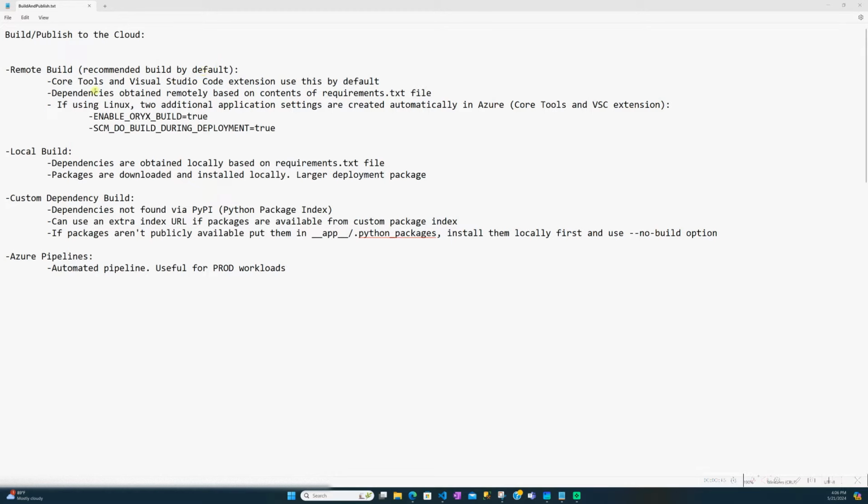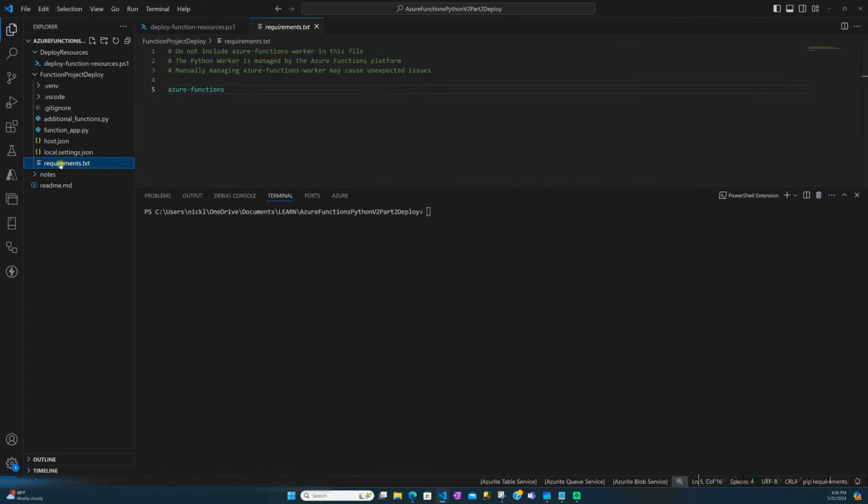Essentially, when you use Core Tools, which is that command line interface, or the Visual Studio Code extension, it uses this by default. Your Python dependencies, like let's say you have pandas, numpy, any packages you have in Python, are obtained remotely based on the contents of the requirements.txt file. So whatever you have listed in your requirements.txt file here, right? So if we had pandas, or whatever we had,